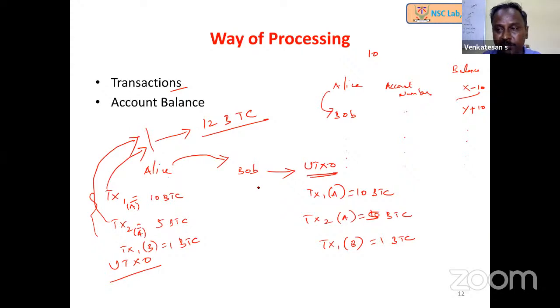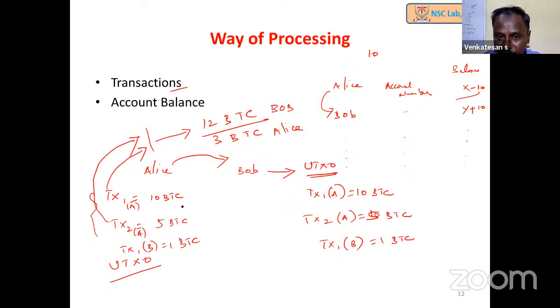So Alice, Bob, everyone, because once the transaction is distributed to all the participating nodes, they all will remove this 10 BTC and 5 BTC transactions from their UTXO. Now the new transactions get added into the UTXO, that is this 12 BTC to Bob and the remaining 3 BTC to Alice. Now you see there are two new transactions getting created. This is to Bob and this is to Alice.